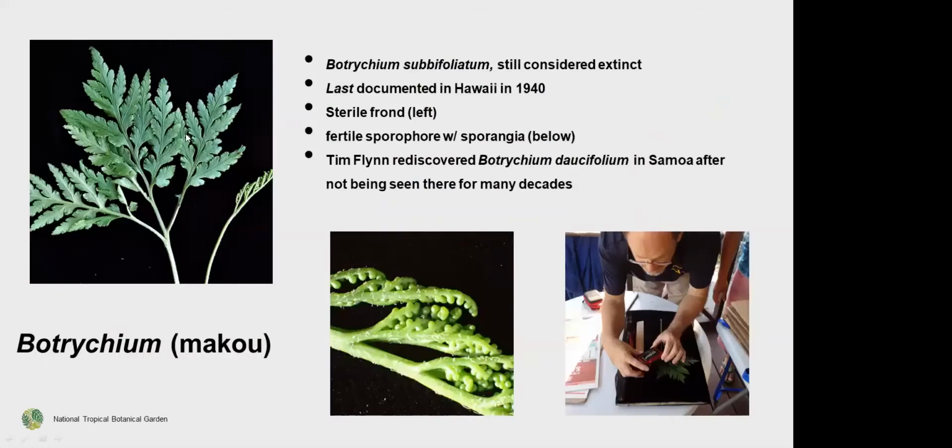Another very interesting primitive fern is the Botrychium or Scrippsia. Botrychium, we had one species called subbifoliatum, and it's been missing since 1940. We've been looking for it in areas where it was collected historically, but never have found it. It's kind of interesting, the sterile frond here on the left, and here's the sporophore right down here, and you